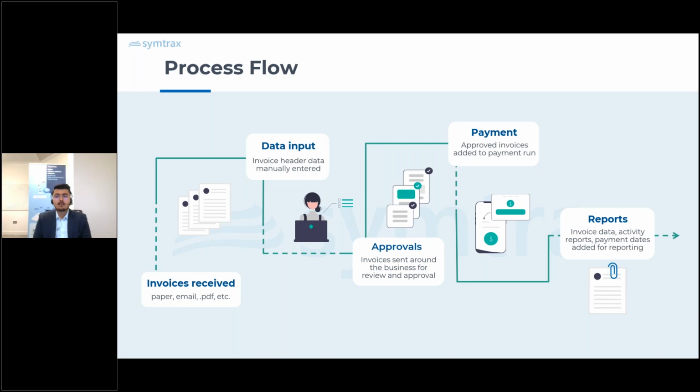Now that we've looked at some major AP challenges, let's walk through what happens when invoices are processed manually without any scope of automation. So imagine a business that receives an invoice. It could be on paper, via email, or in PDF, or any other digital format. Someone from the AP team then has to take all the important information from the invoice, like supplier details, purchase order number, invoice amount, and type it all into an Excel sheet or their internal system to get ready for